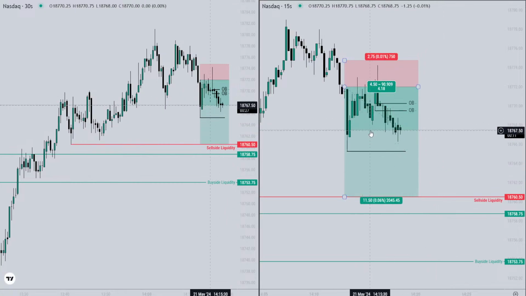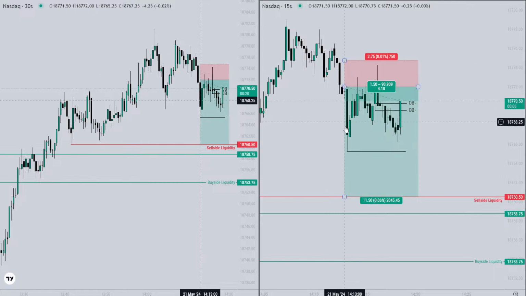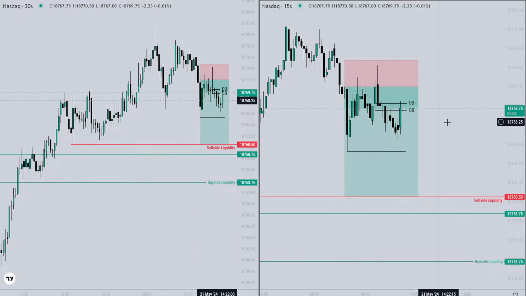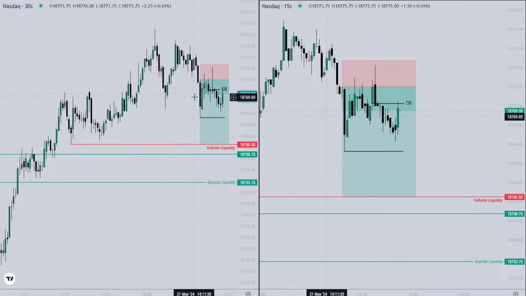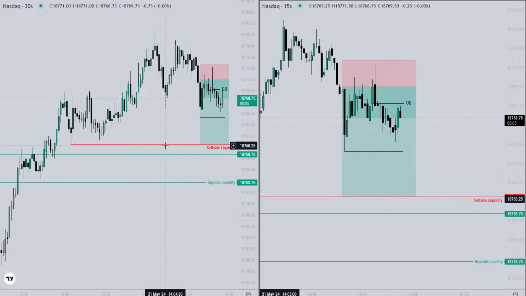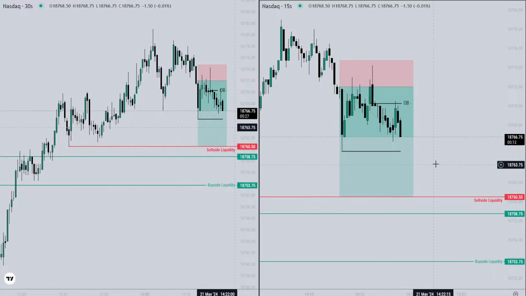This type of thing I explained yesterday. When the market has taken the obvious liquidity, after that you will try to catch some small move. That's the best option, to catch the small move from the second chart. And over there you always look for the obvious liquidity. That was the obvious liquidity. This is also liquidity. I believe that market will reach until that liquidity at least. From the 30-second chart, these are the relatively equal lows. I believe that market will reach until those relatively equal lows. I believe so.